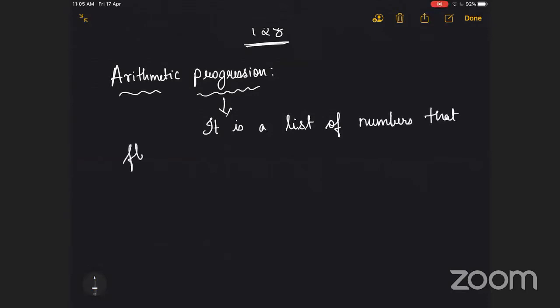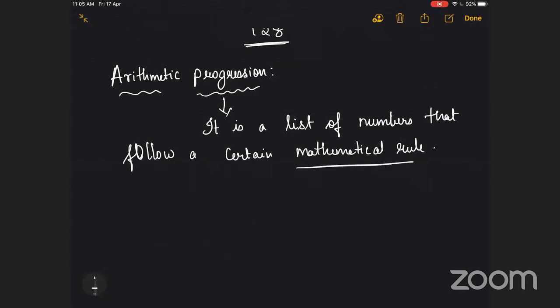that follow a certain mathematical rule. So in arithmetic progression, the mathematical rule is fixed. This will be fixed. So what is this mathematical rule fixed for arithmetic progression? For arithmetic progression,